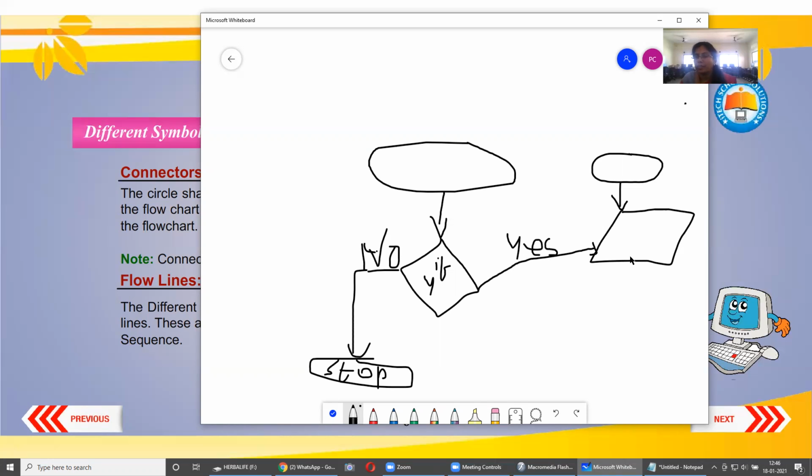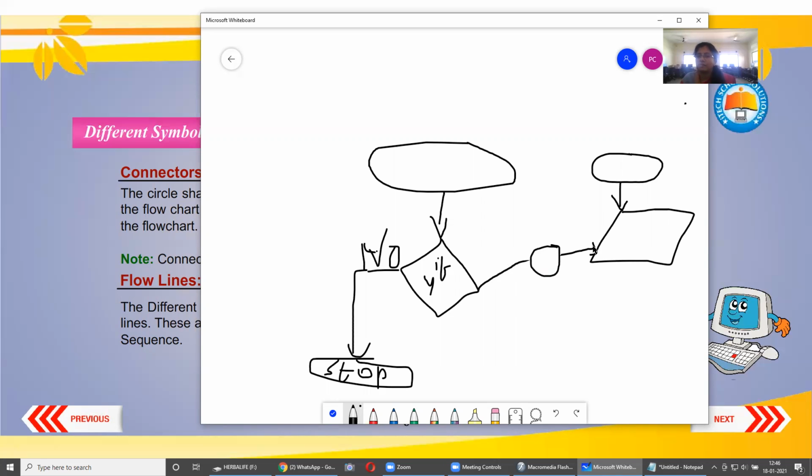So how are we doing these connections? We just cannot directly connect the flow charts from one page to another, or one flow chart to another flow chart, or repeated loops just with a flow line. So here comes your connector. Here you're supposed to put a circle. This is not an oval shape, it is a circle.